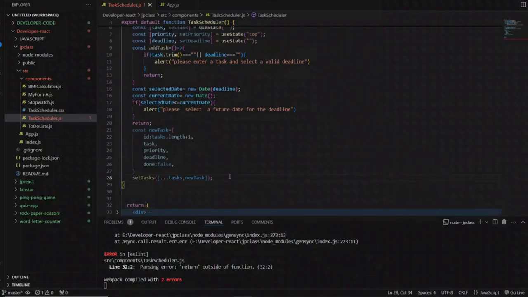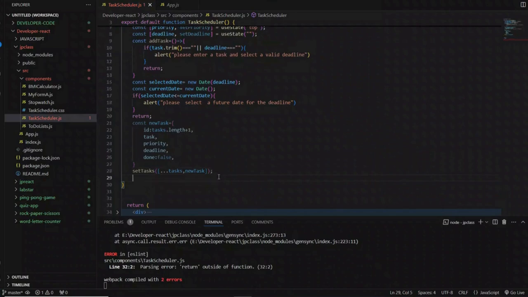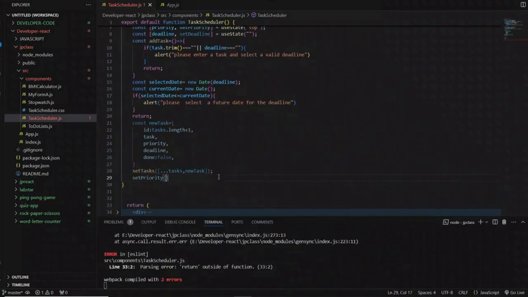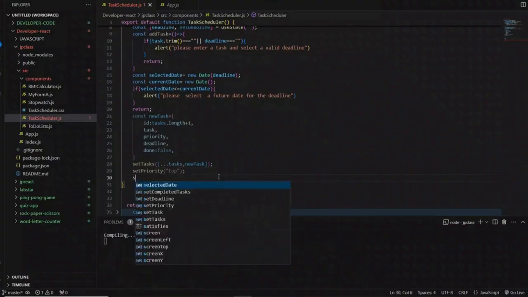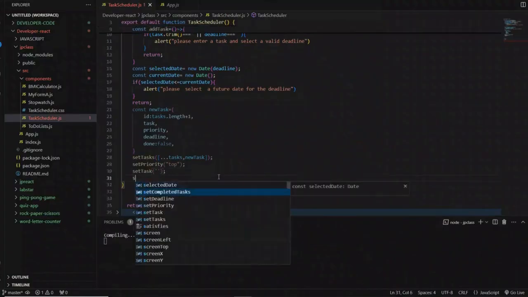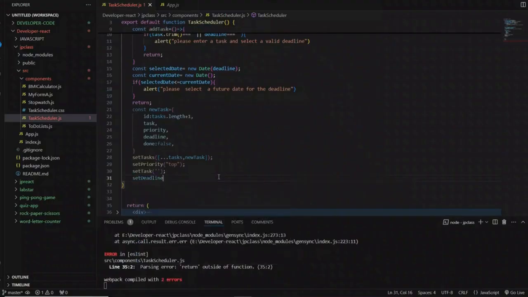Wait for a minute. First complete this thing, na? Set priority top, set task empty, set deadline